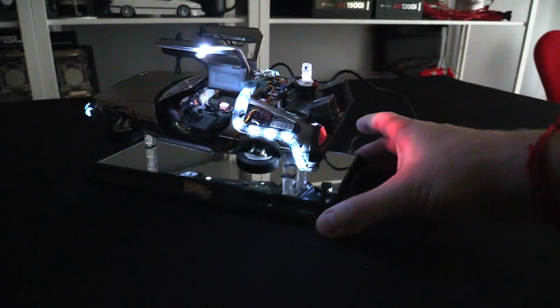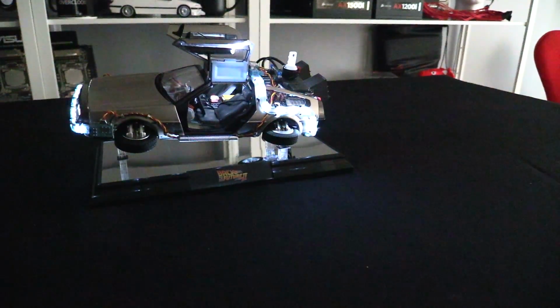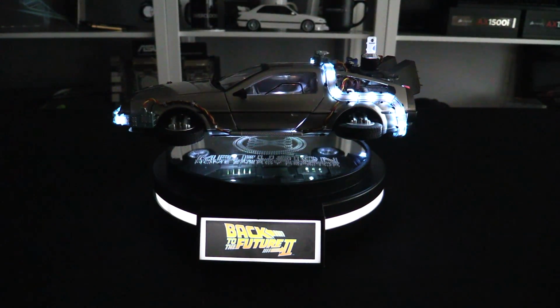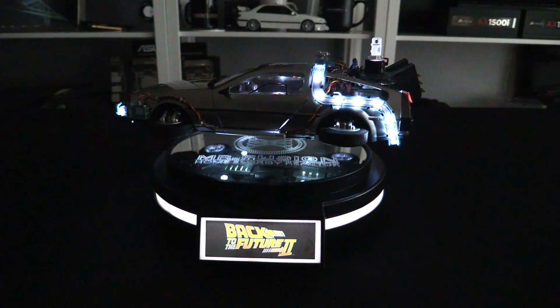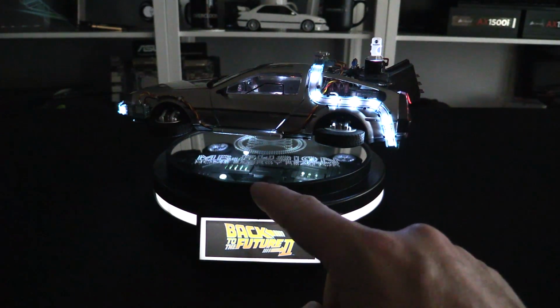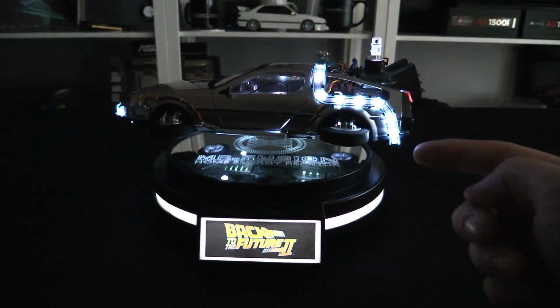Okay, right, so we've got the static stand. We can see it lights. I want to see it float. No word of a lie, this has taken me about 30 minutes. Anyway, you can press the button here to turn the lights on and off, but